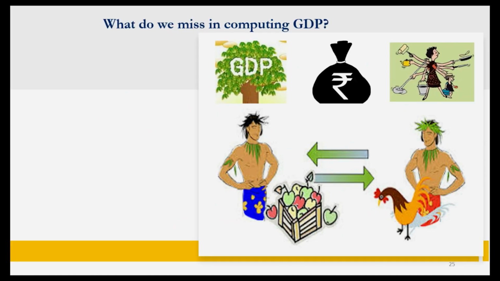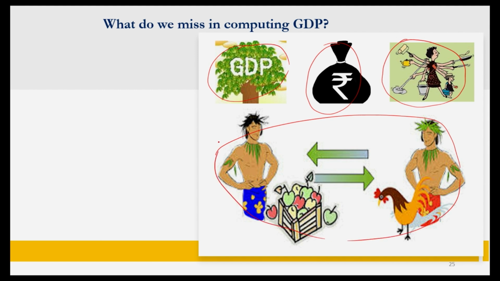And finally, the most important thing I leave to you is, in the process of computing national income, or what we call GDP, what are the things we miss out? The first is household activity, which is unaccounted. Then black money transactions. The third, which I represent as green GDP, is the impact on the environment, or any activity that takes place in the name of the barter system. So these are economic activities that would not be accounted as part of GDP, isn't it? The service rendered by a mother or woman at home, or black money transactions, barter systems, or any free service.